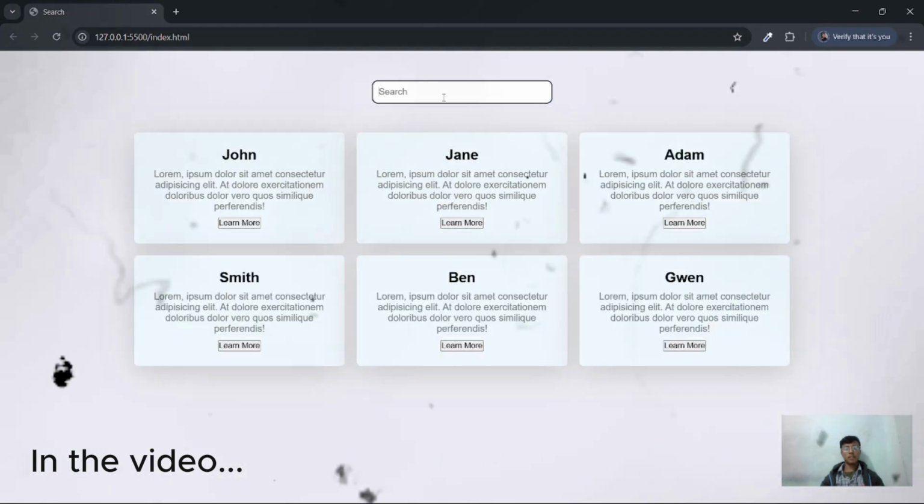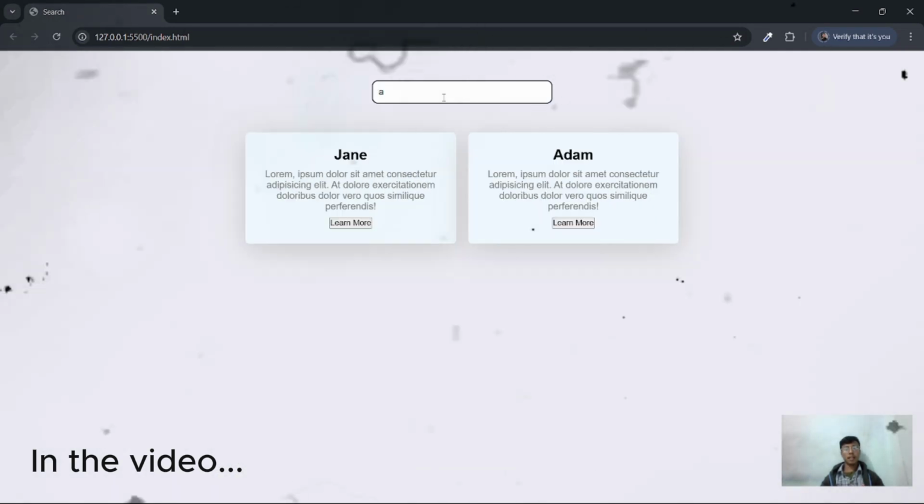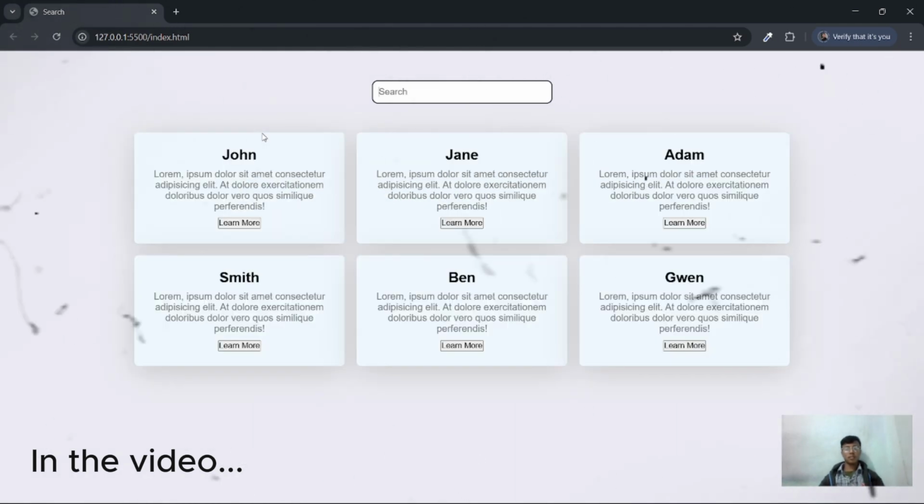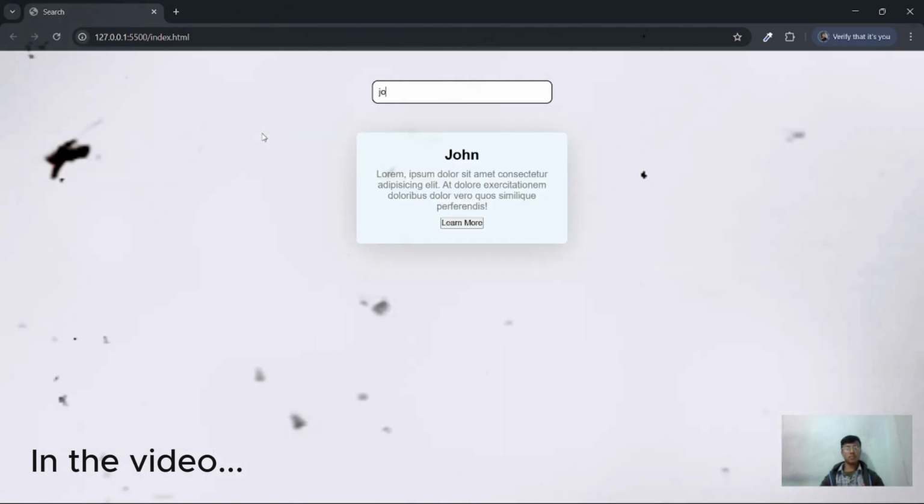Now you can see it filter and search like right Adam, John,